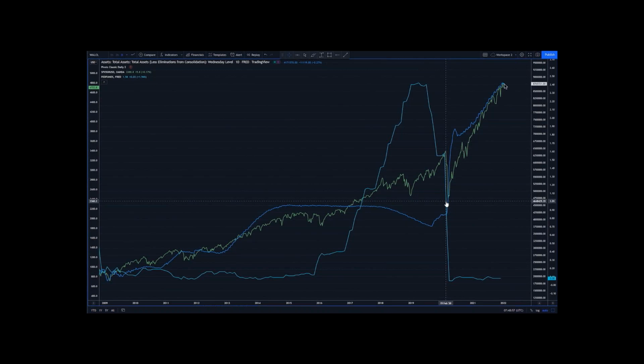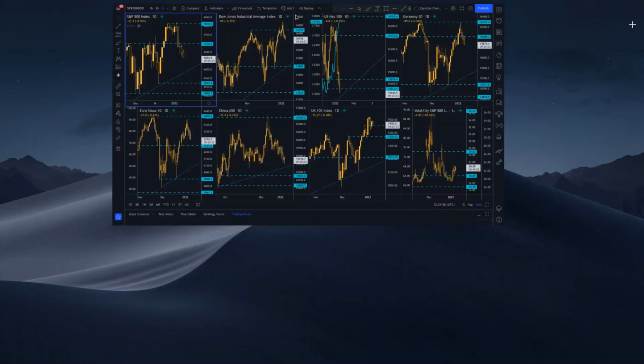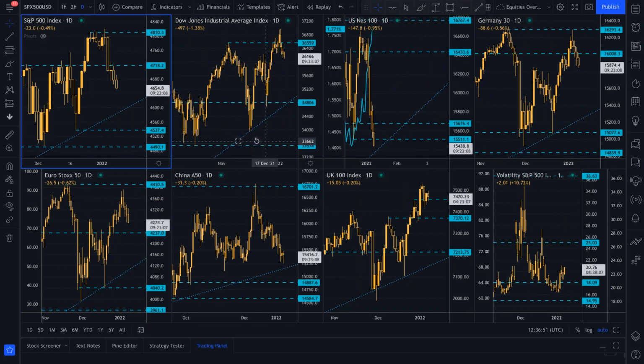So if the balance sheet starts to fall off, the Fed's expected to hike more quickly and growth slows down, that's what will be the move lower in stocks. So that's the understanding. If you've got that, you've now got the understanding of what's going on. Essentially, they're the big picture issues.